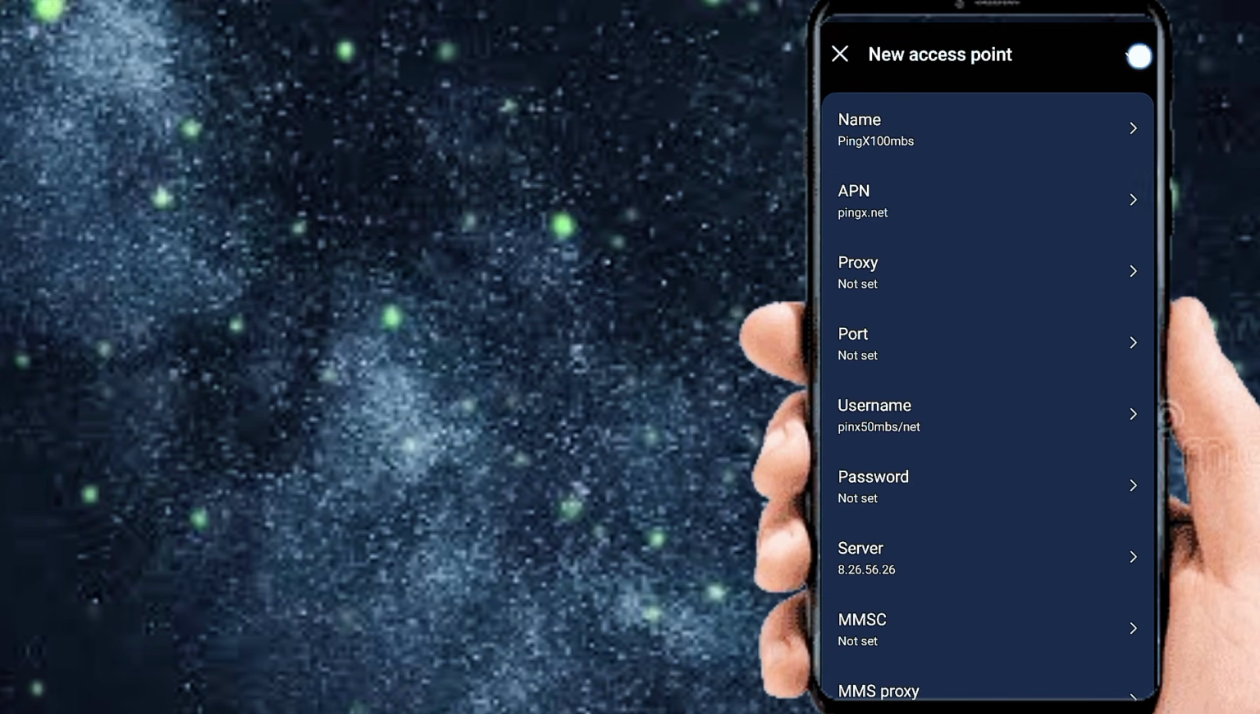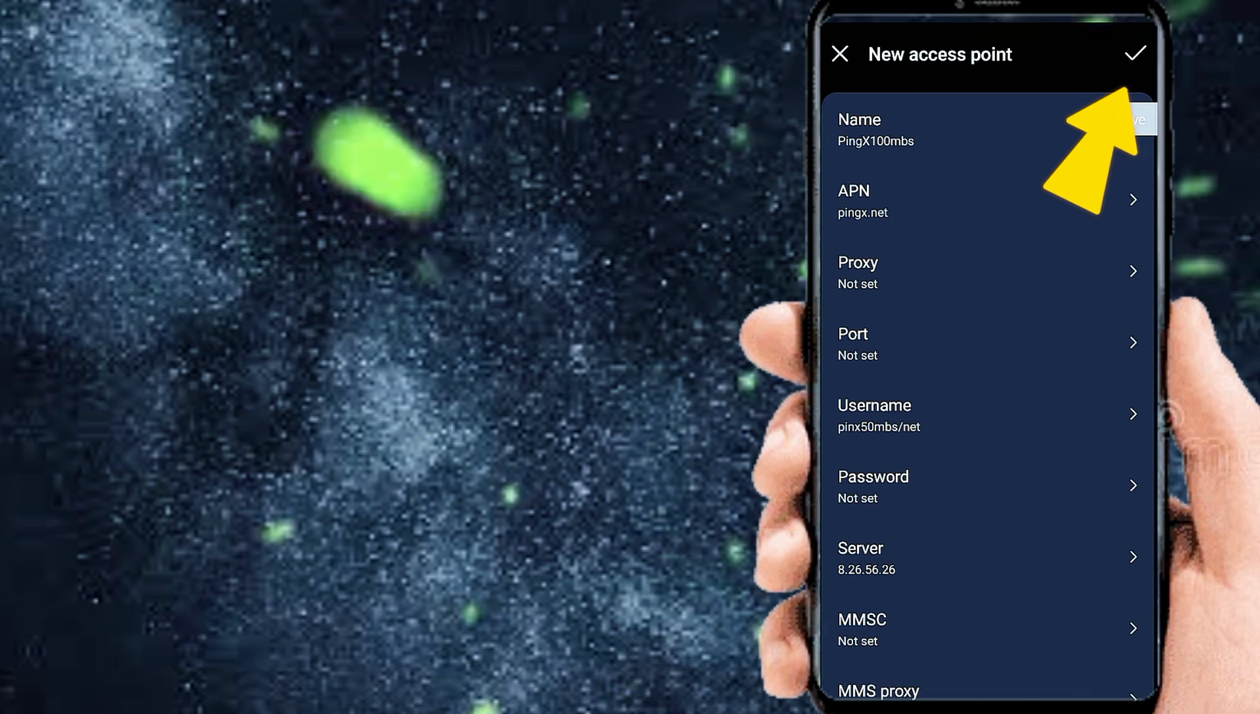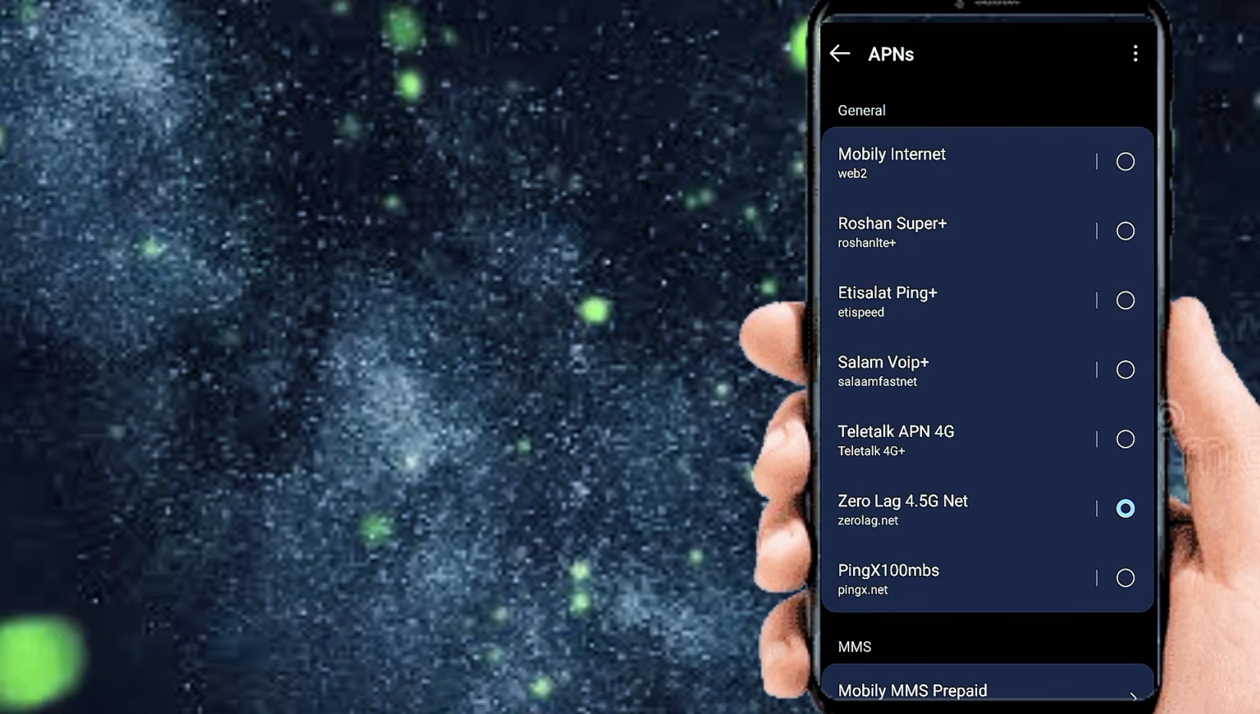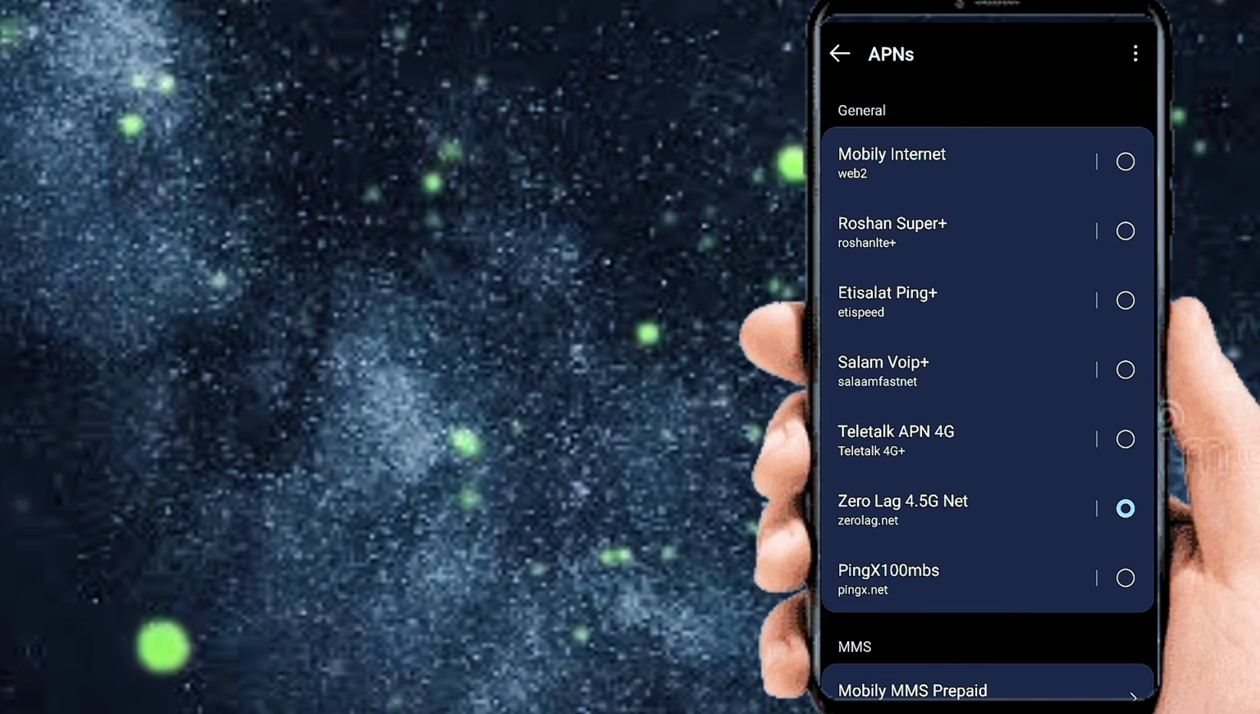Now, save the new APN settings, select this APN, and after restarting your phone, check your Android phone's internet